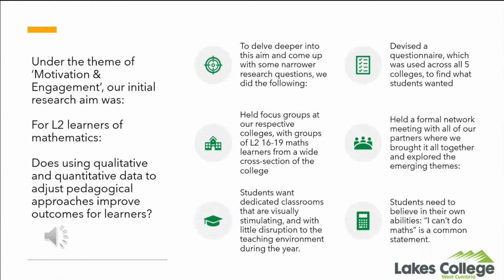And the emerging themes that came out of it, if you look at the bottom 2 points there, were that students want dedicated classrooms that are visually stimulating. And they ranked this above being with their friends, which we were quite surprised about. We thought being with your friends would have been top of their list, but actually it was very far down. Dedicated classrooms, visually stimulating, and little disruption to the teaching environment,